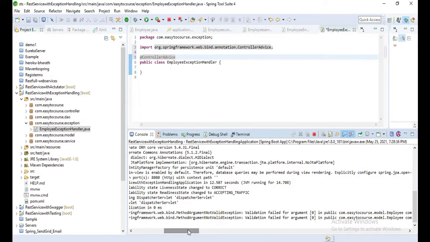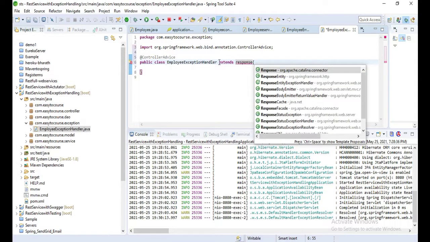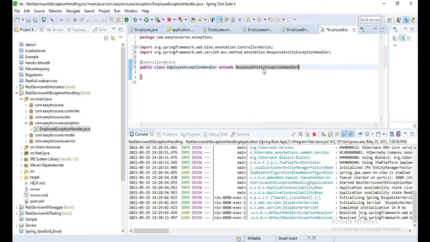Now this class will extend the ResponseEntityExceptionHandler.